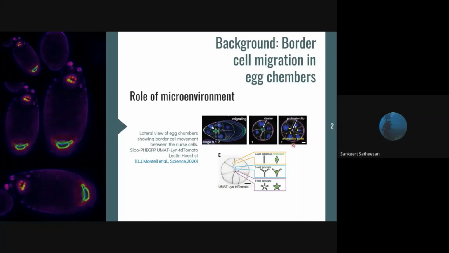So now one obvious question would be why at the center? More clarity to that question is given by this particular graphic. Here you can see different cell to cell interfaces and their intercellular spaces. You can see here that the 5 cell juncture is located in the center where the cluster is, and it has the maximum intercellular space. So what we can infer from this observation is that the cells tend to take the least resistive path. So that's why they go through the cell juncture where there is the most intercellular space.